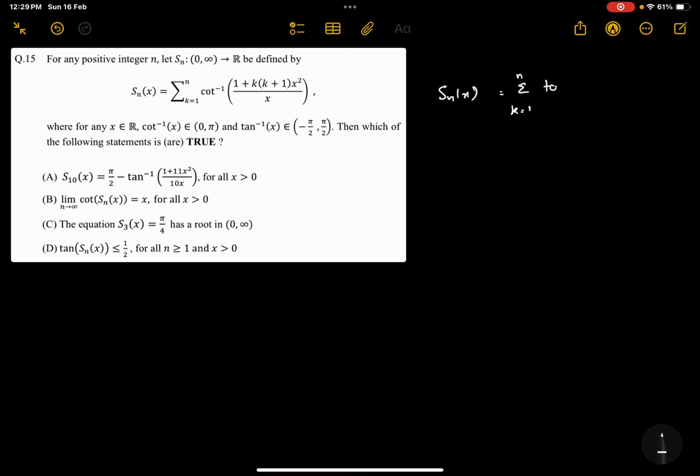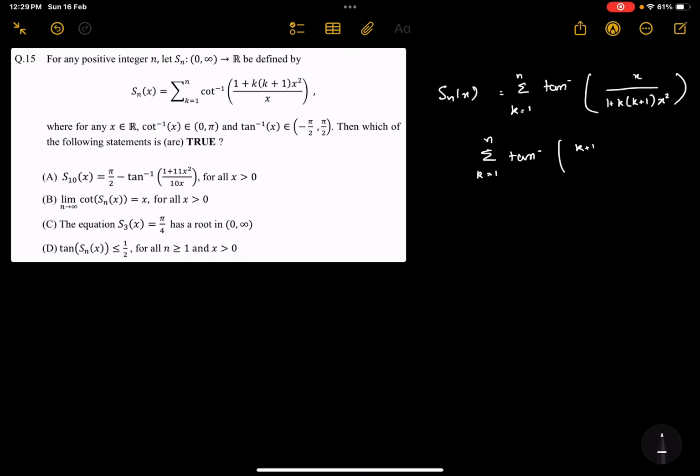the same as tan inverse of x on 1 plus x square, as x is greater than 0. So we can write cot inverse a as tan inverse 1 by a. Now we write this as